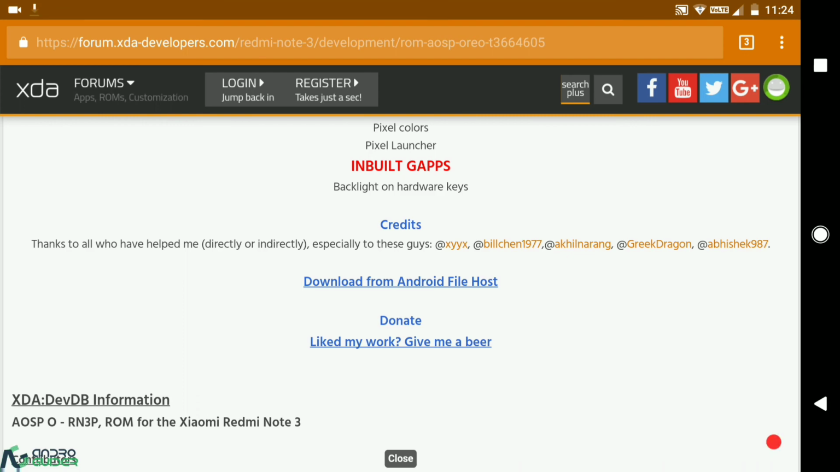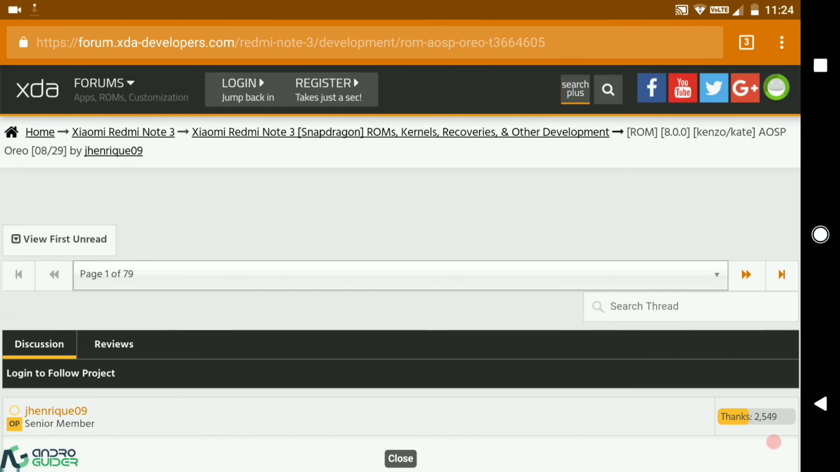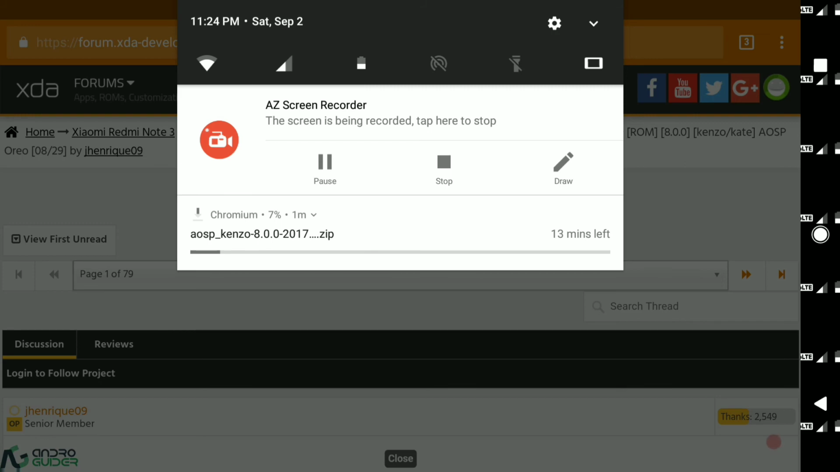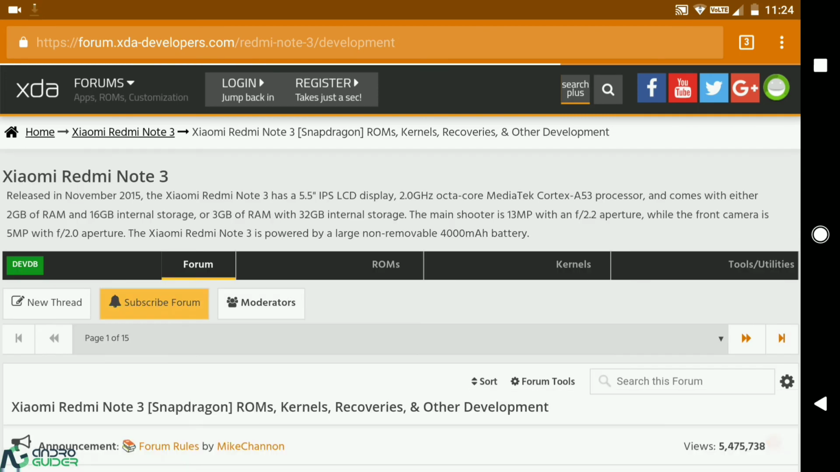The next thing is that this build of the ROM is for both Kenzo as well as Kate. That is, it will be applicable to both the Snapdragon variants as well as the MediaTek variants of the Redmi Note 3. And the next thing I want to tell you about is, I guess it will take about 13 minutes. Yeah, and the next couple of things which I want to tell you are that we